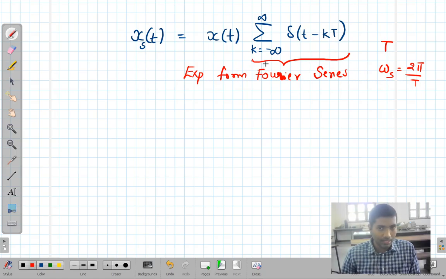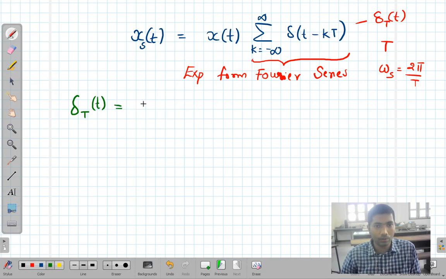Since it is a periodic signal, there exists a Fourier series, and so let me try to write the Fourier series. I'll denote this as δ_T(t), with the suffix capital T. It is the same thing. So the exponential form Fourier series is δ_T(t)